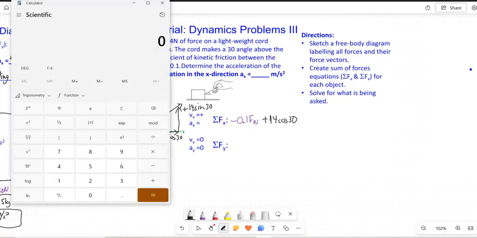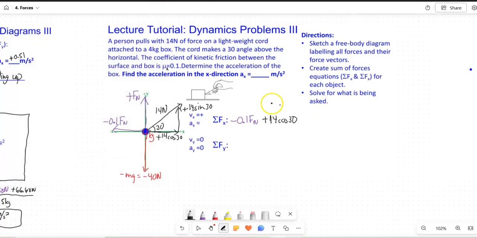So cosine of 30 degrees is 0.866 times 14, 12.12. So we know this is positive 12.12 newtons. All right. That is going to be equal to, since those are the only two forces, our 4 kilogram mass